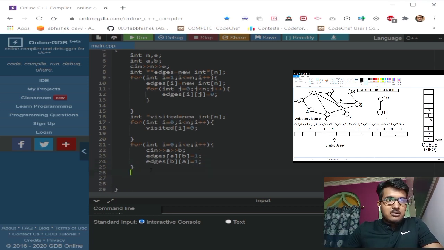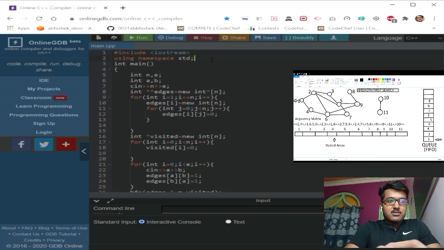Now after getting all the information from the user and marking all the node paths as 1, I'll finally call BFS, passing as parameters edges, source, which will be 1 since I'm starting from 1, number of edges, and visited.